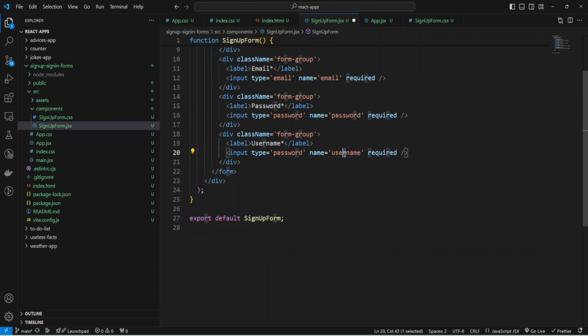By the name will be confirm password, and here confirm password. And let's check what I have so far.